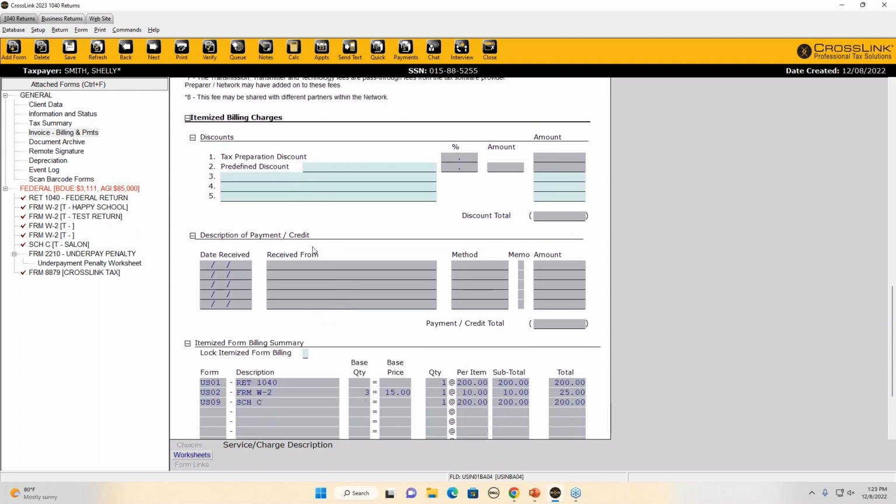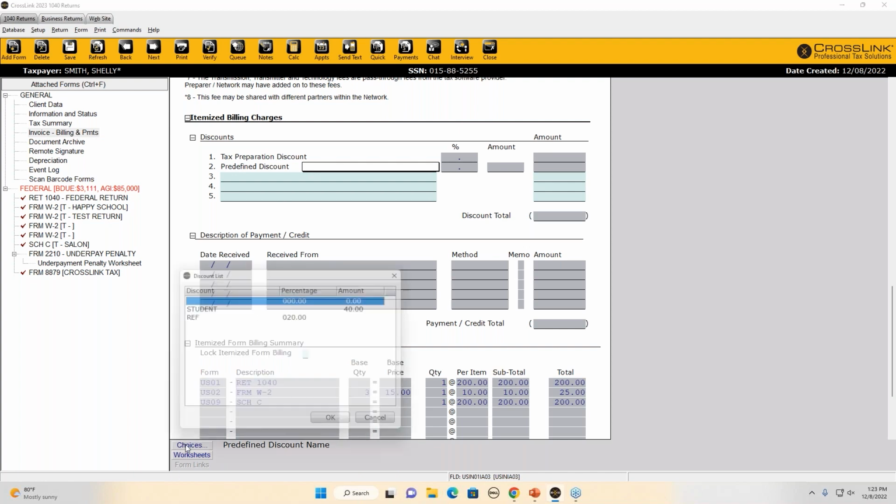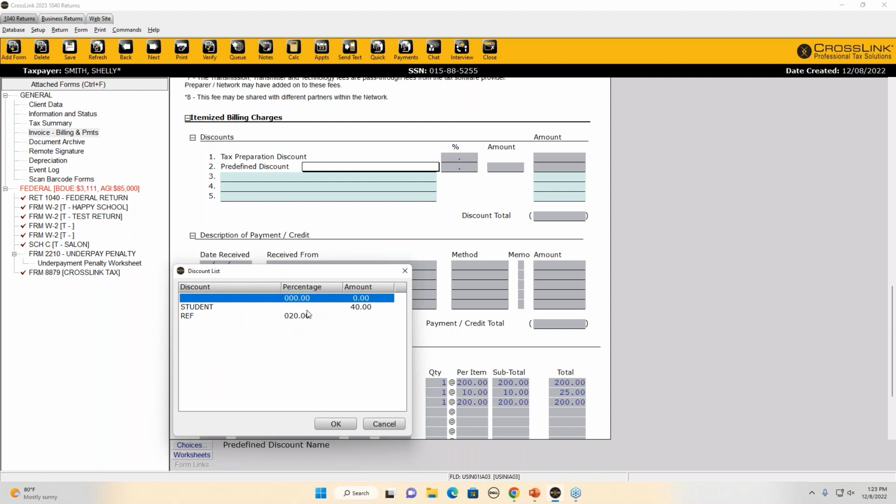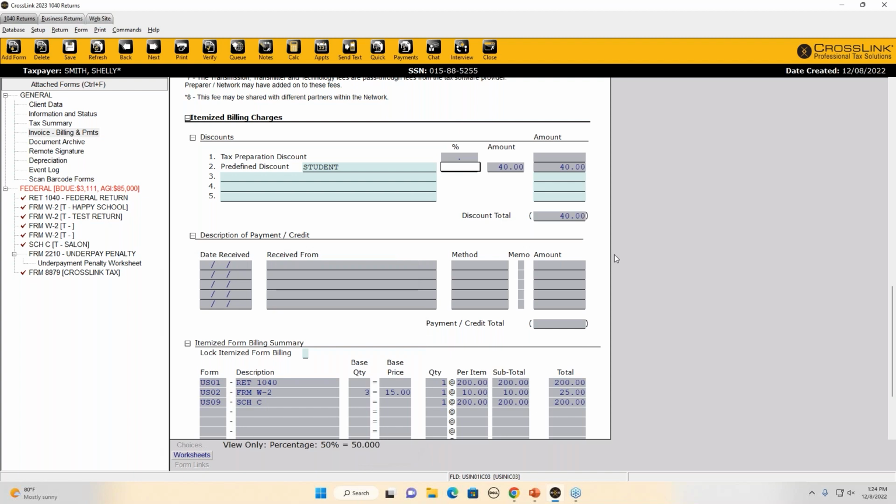Underneath, we have where it says itemized billing charges, and our first section is discounts. So discounts. That's where maybe you want to take off a little bit of your prep fee and you want to apply a discount here. Well, line 2, it says predefined discount. Under here, you'll click on choices. And then now you'll see here, we have some reflection of those discounts we added onto our billing setup. So I can go ahead and I can apply a student discount of $40,